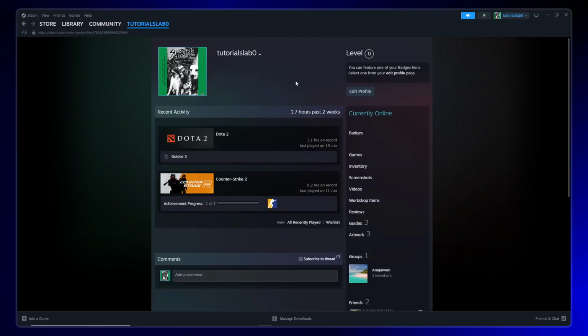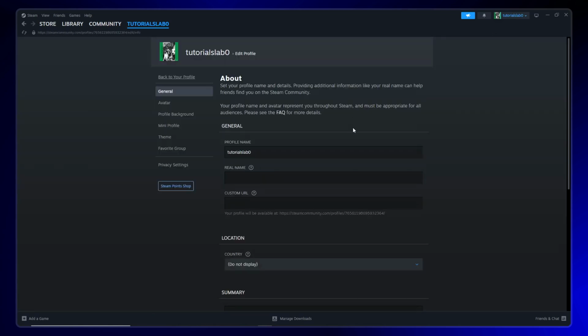This will take you to your personal Steam profile page where you can see your game library, achievements, and other profile information. Now that you're on your profile page, look over to the right panel of the screen. Here you'll find various profile options and settings. Click on the Edit Profile button. This is where you can customize your Steam identity and make changes to how your profile appears to other users